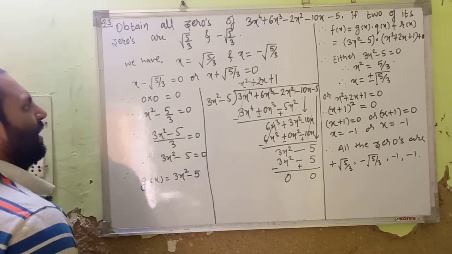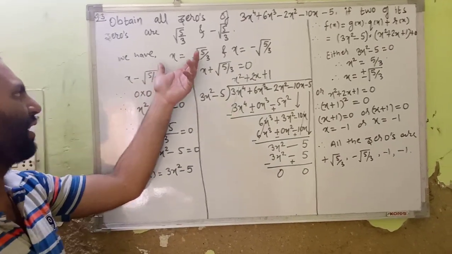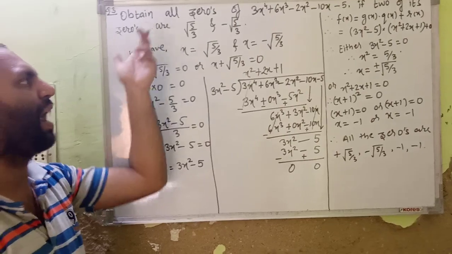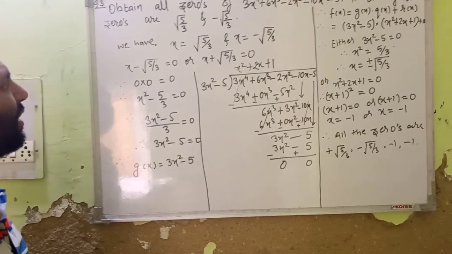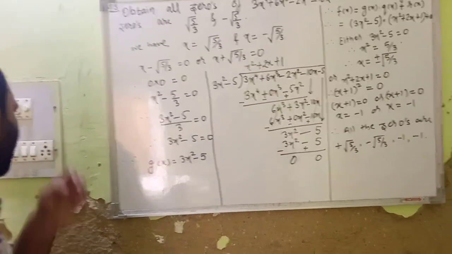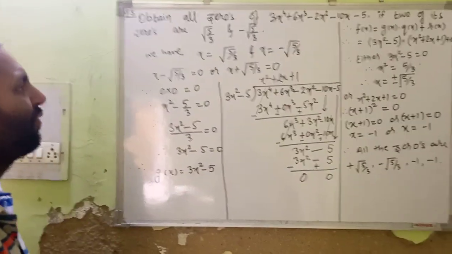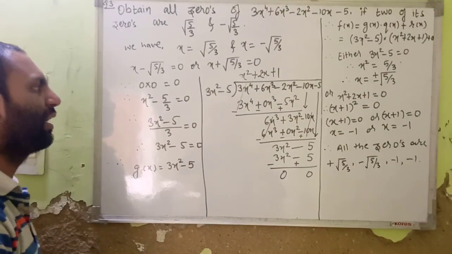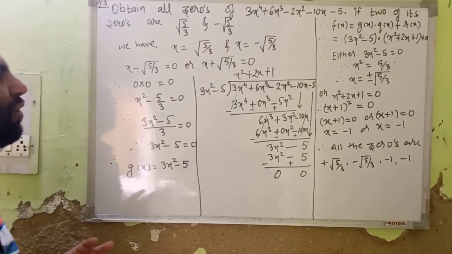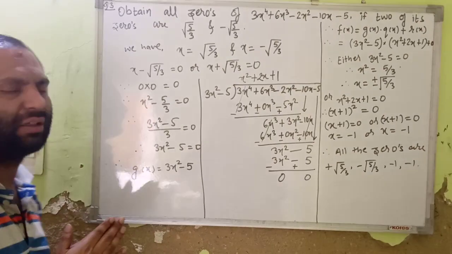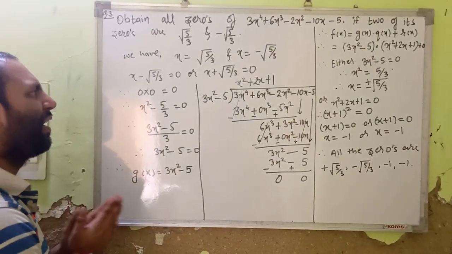Now see, one of the zeros is given, you can use a single zero and divide it and get another value, which will turn this equation into a cubic equation. Then again divide that using another zero, then it will be converted into a quadratic equation, and from there you have to find the other two zeros. That would make it a lengthy method. We'll try to simplify it somewhat.